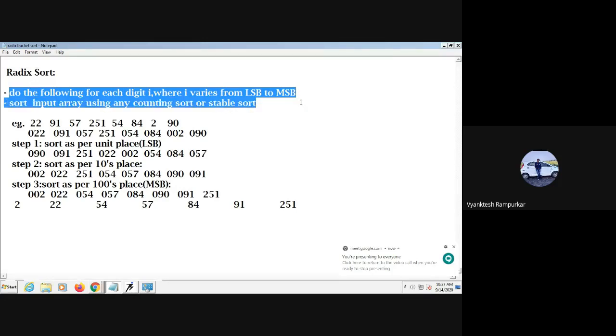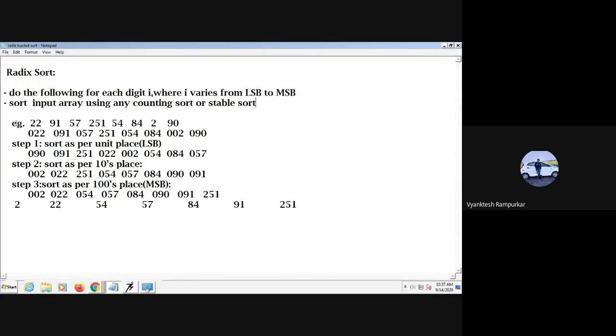What are the steps we are following? In each step we sort the input array using any stable sort or counting sort. Here we have the given input array. We first check the maximum number in the input array.